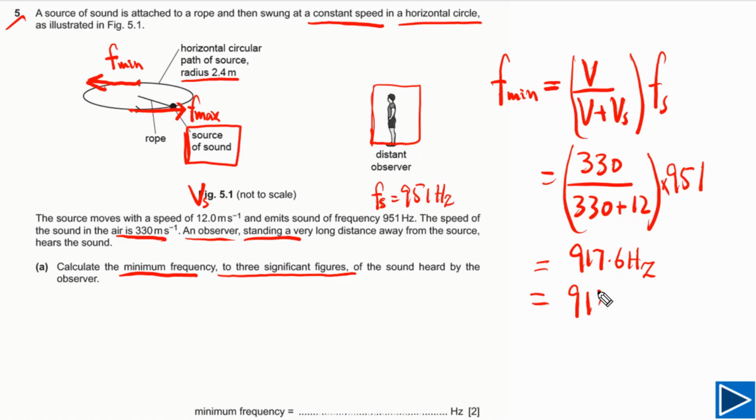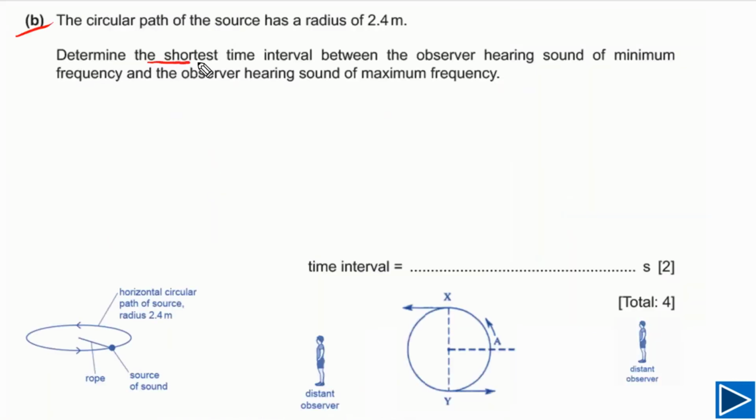So we can write down our answer: 918 hertz. This is our final answer, and it has three significant figures. For part B, the question is asking us to calculate the shortest time interval between minimum and maximum frequency observed by